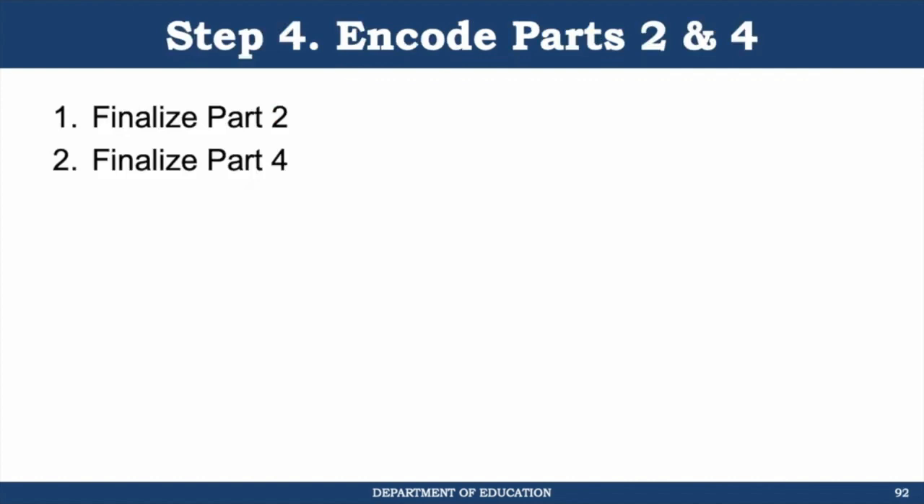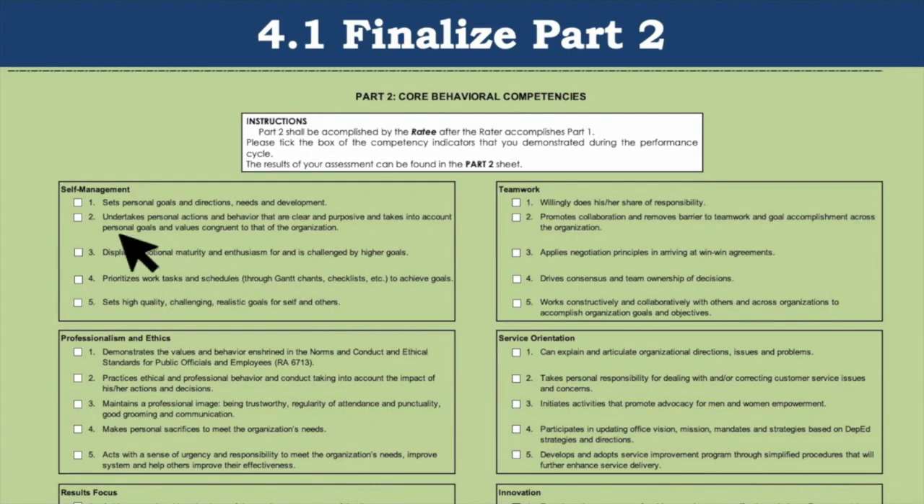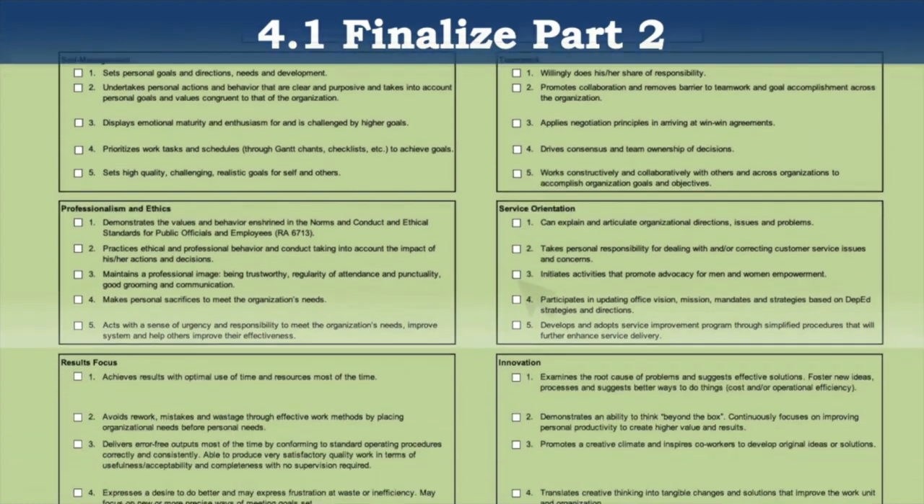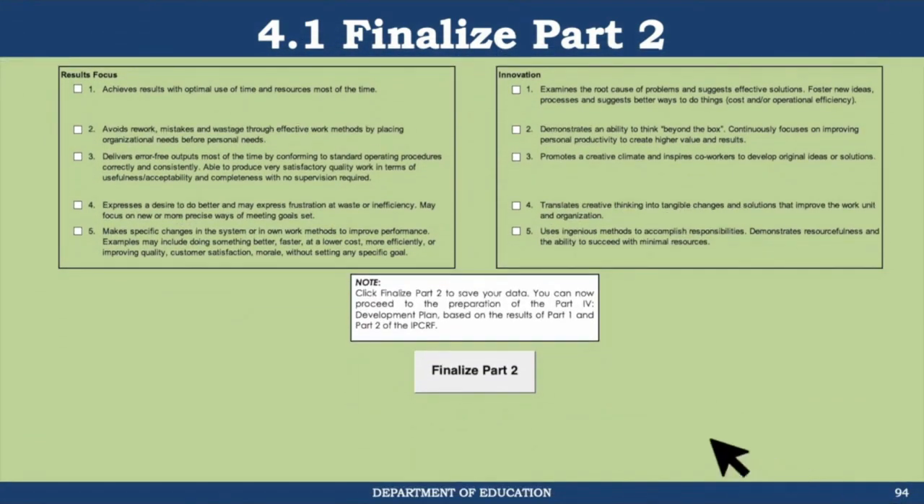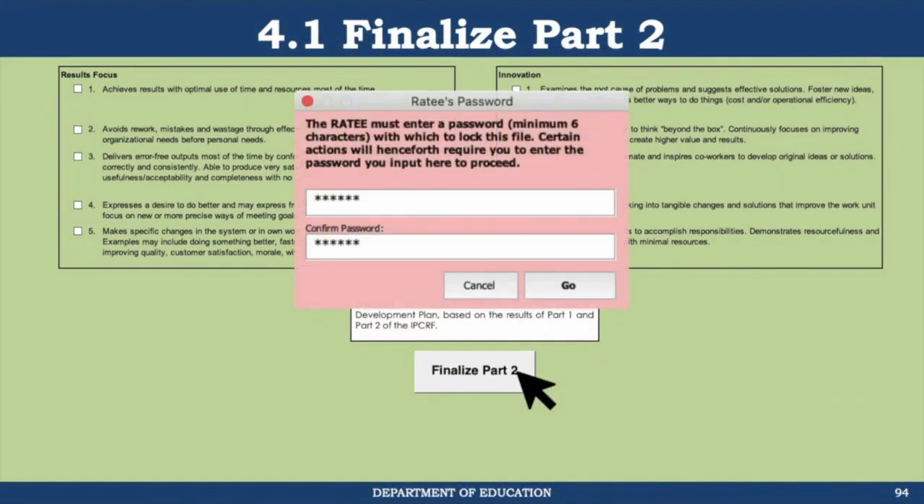Okay, here are the steps involved. Let's begin with finalizing Part 2. Back in the Encoding tab, below the Part 1 is the Part 2 form. The ratee only needs to tick on the boxes of the competency indicators that he or she has demonstrated during the performance cycle. After ticking all the appropriate boxes, the ratee will then click Finalize Part 2, which prompts for